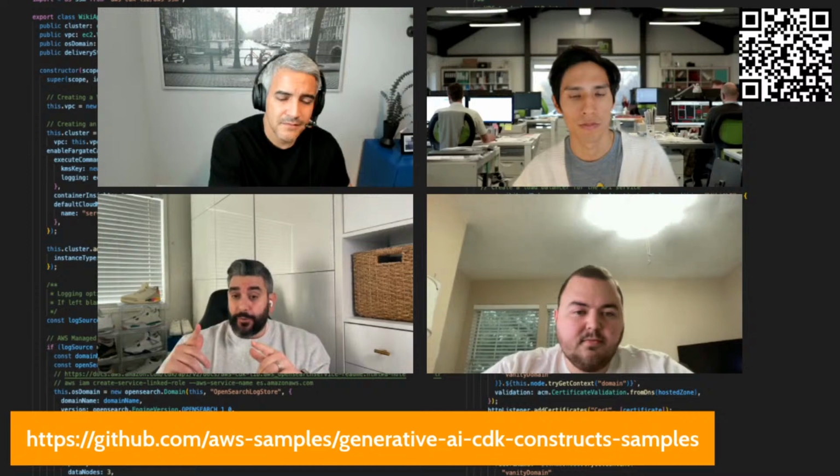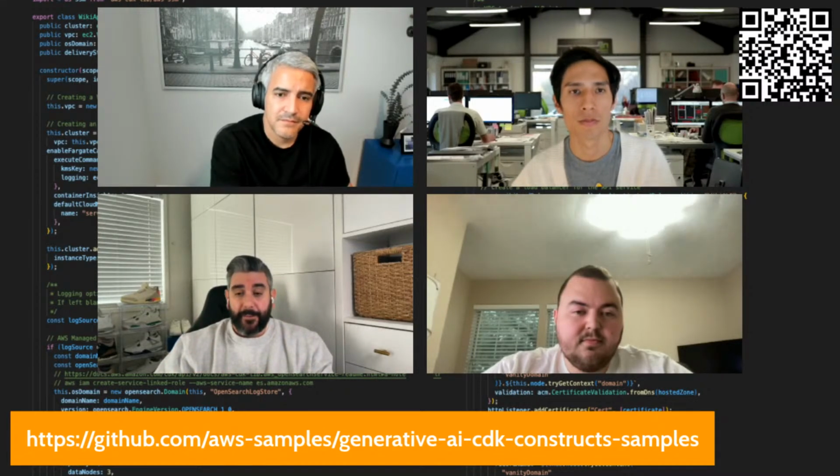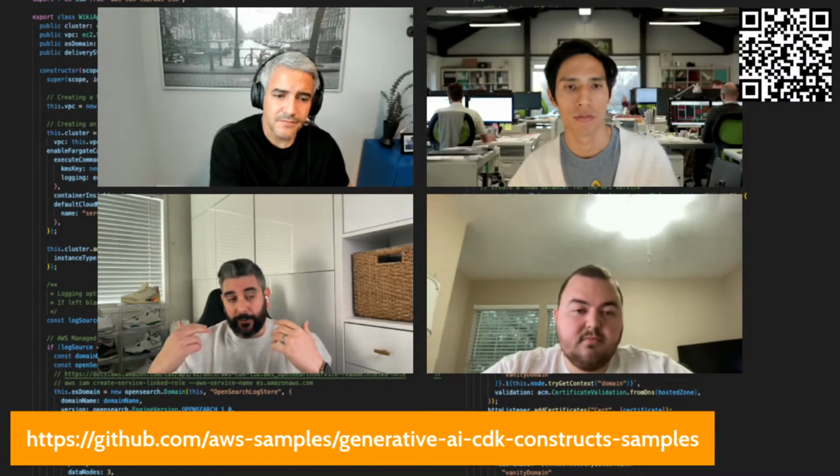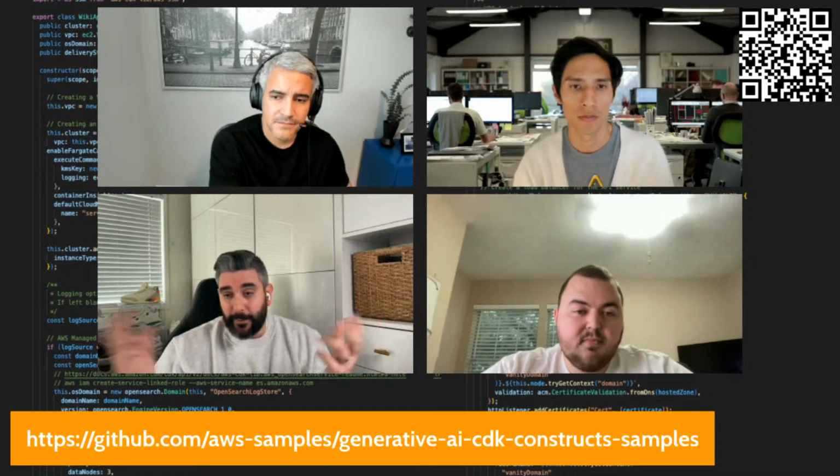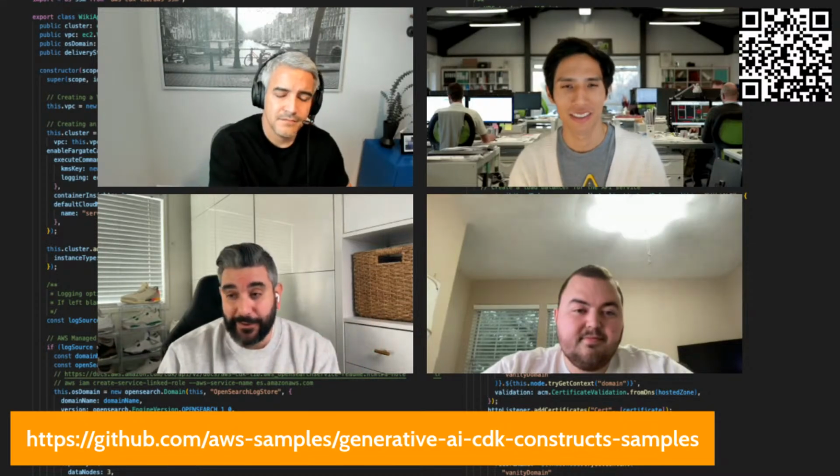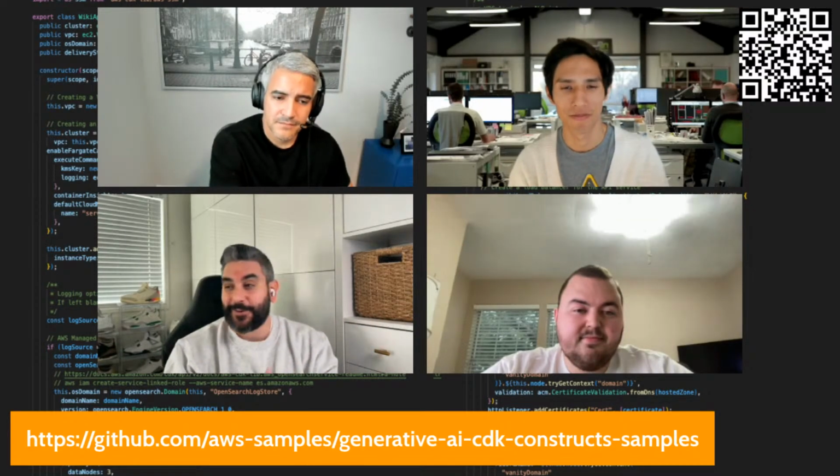And then, of course, we have the sample that Hader just walked through, which was really cool, in the link below. Go there, and it's really easy to deploy, just CDK deploy. Just make sure, again, there are costs associated with it. So if you're testing it out, be cautious, and destroy the resources when you're done.